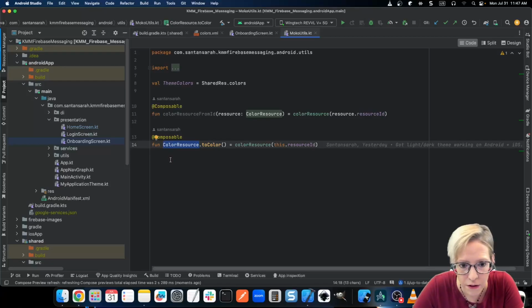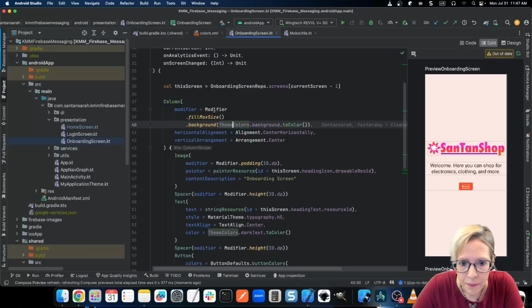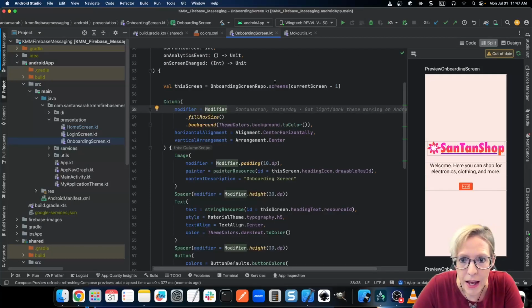It's an extension function off of color resource. So it's color resource dot to color, and then I'm just calling the Jetpack Compose color resource and passing in the resource ID. So very simply, I can just get access to these colors, and this is how it's going to change from light to dark mode. And what's really cool is if you go in here,